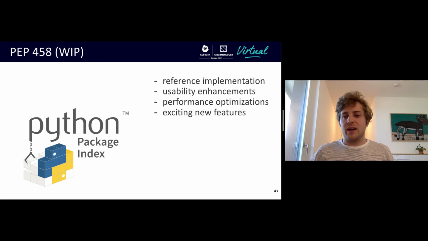And we're also adding new exciting features to our reference implementation, such as the ability to sign with hardware security modules or using cloud storage for metadata and so on.